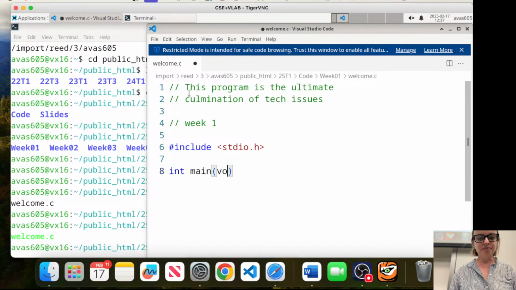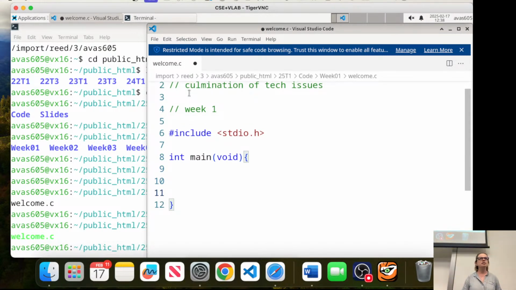Okay, then in C we have a main, okay? And C always starts reading from main, okay? So you might have many of these types of little functions all through your program, but C will always find the main, and it will start reading at main. Okay, so what on earth do these words even mean here? Okay, so what is this int? What is this main? What is this void? It looks a bit horrific.